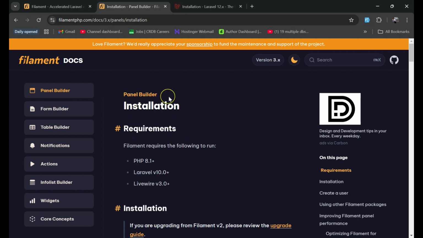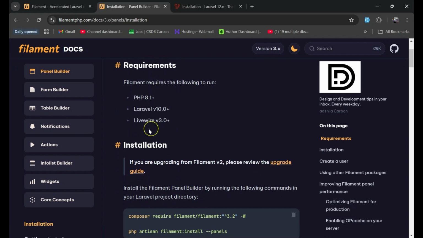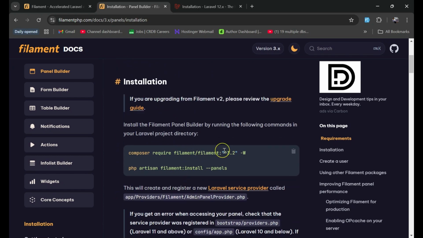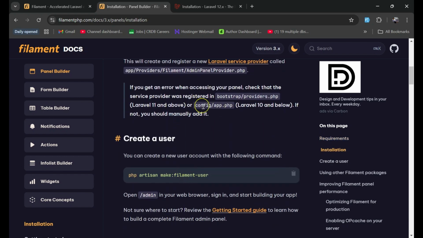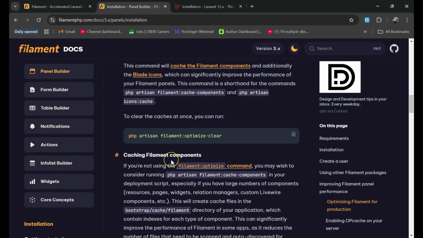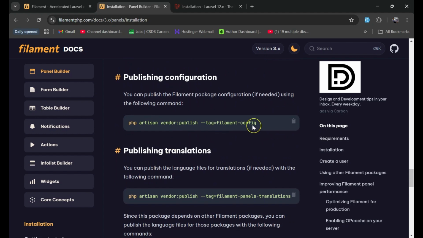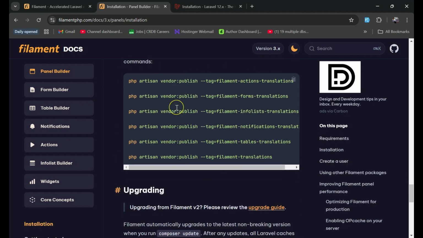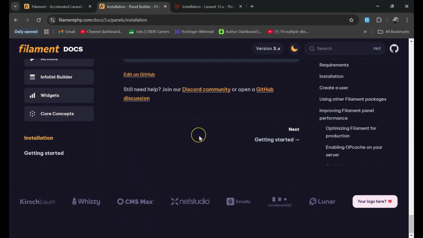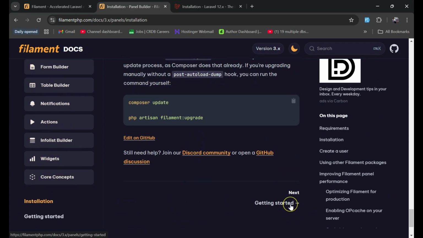In our previous video, we've seen how to install Filament in your Laravel application, how to do some configurations, and we also checked how you can publish the configuration files. So from there, we need to go to the next part, which is